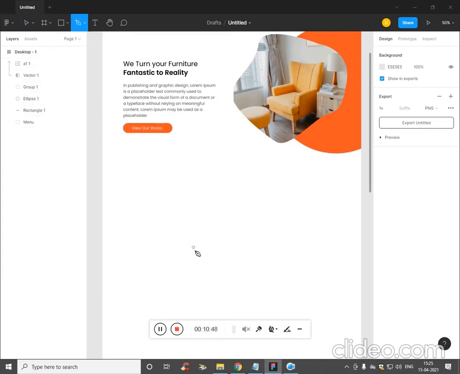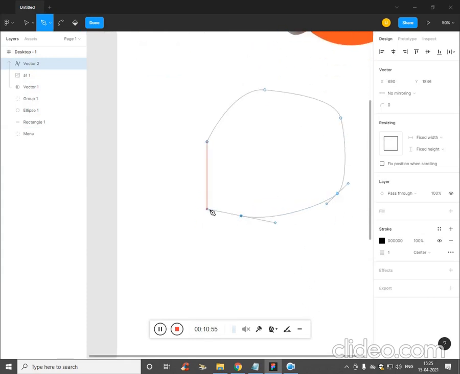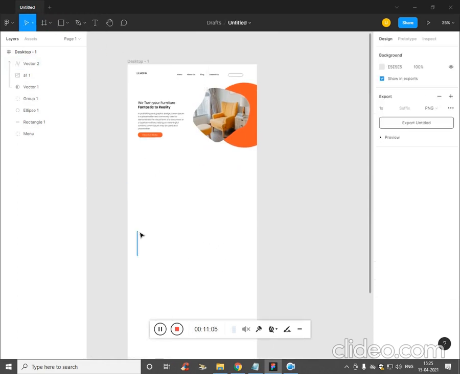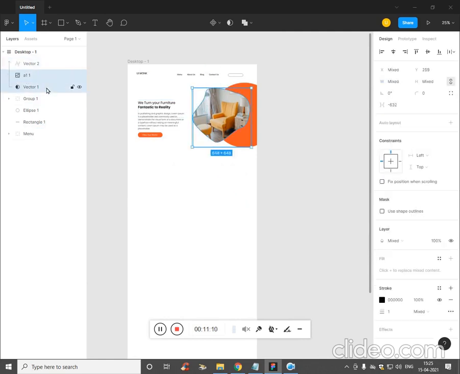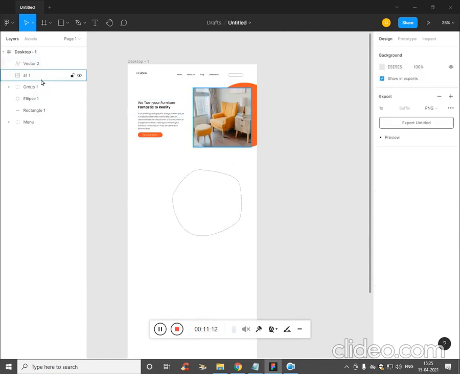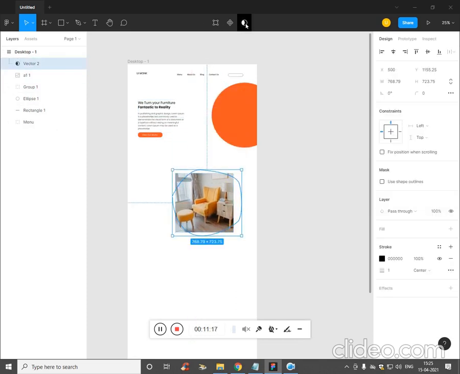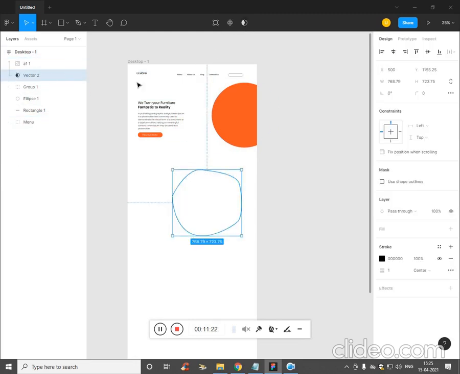Here we have the pen tool. End it, press escape and click done. And now we have a vector. We'll delete this vector and place this. Choose the vector and add it as a mask. So this should come below. Add as mask.